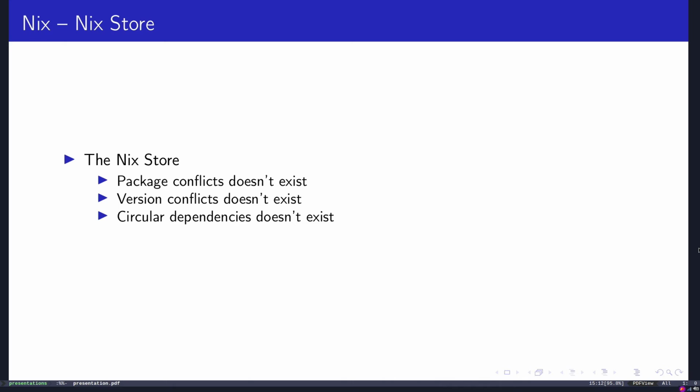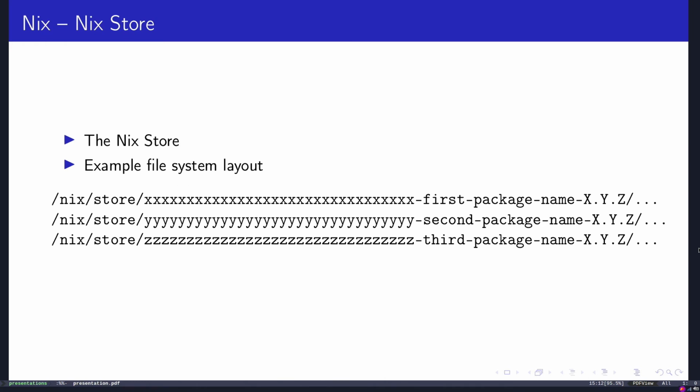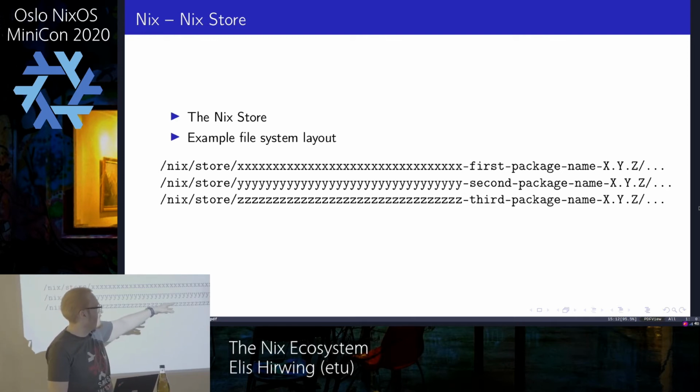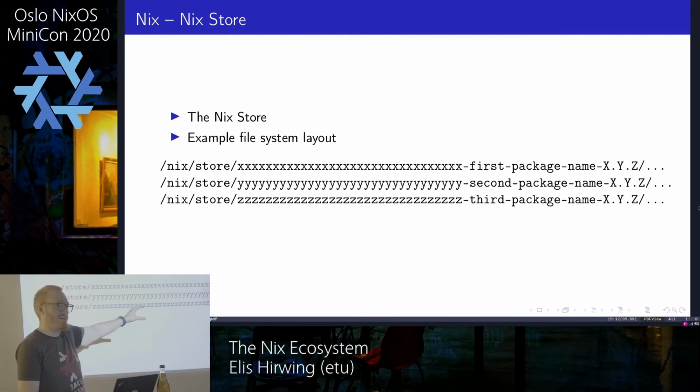There are hacks for certain things, because certain dependencies are weird, but it's always been like that on Linux. So that's not a new thing. And using this store that has this example layout, we have a hash. This hash is fake, obviously, but it is based on the build instructions of the package. So it's all the build instructions, and all the build instructions of all dependencies of the package are baked into that hash. And then we append the human name and the human version to make it slightly more readable.